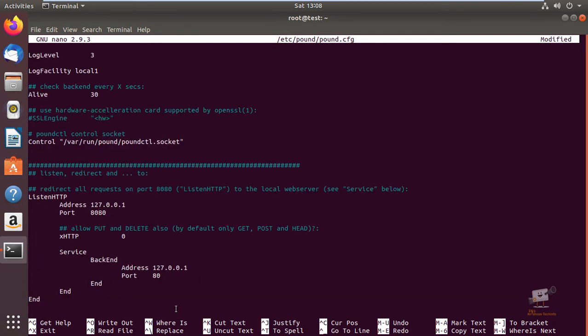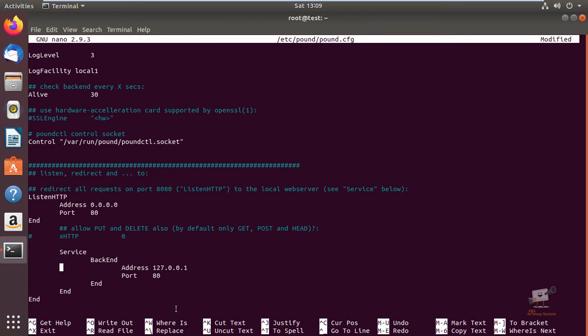Now we can add our front end and back end configuration. In this front end configuration you need to add the ListenHTTP and change the address to 0.0.0.0 and port 80 and give End, and you can disable these configurations. Next we can configure the backend servers.